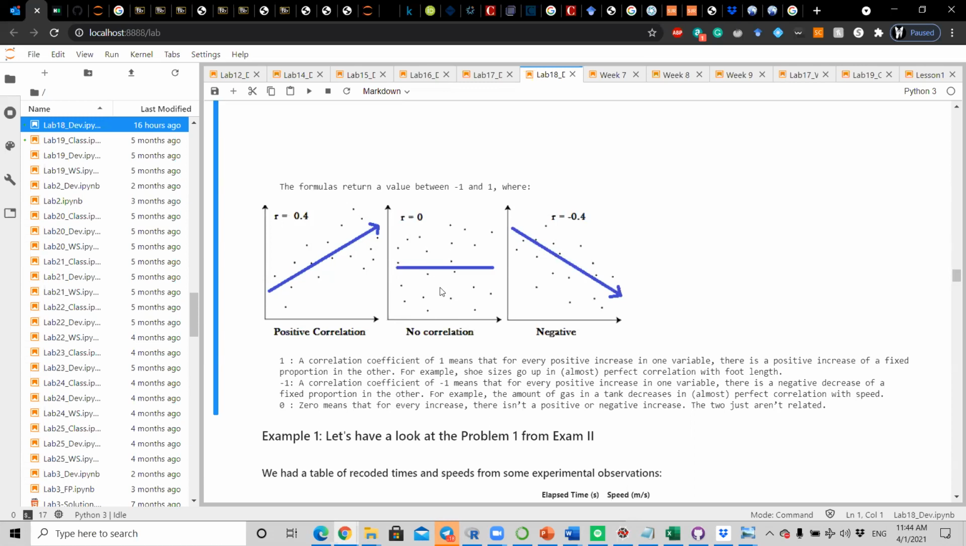Do we feel comfortable about covariance and correlation coefficient and how to interpret it? For sure. Yes. Do we have any questions about this? Okay, now